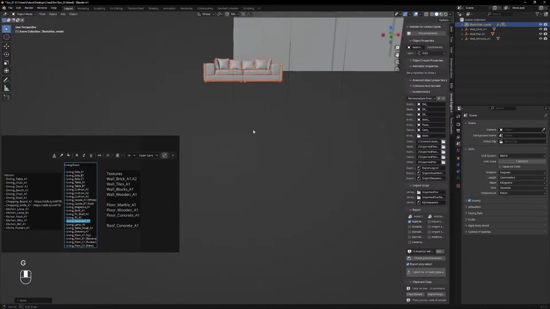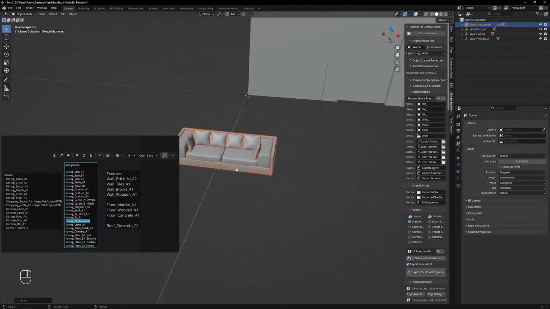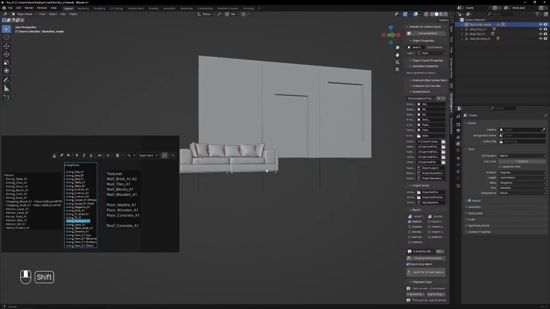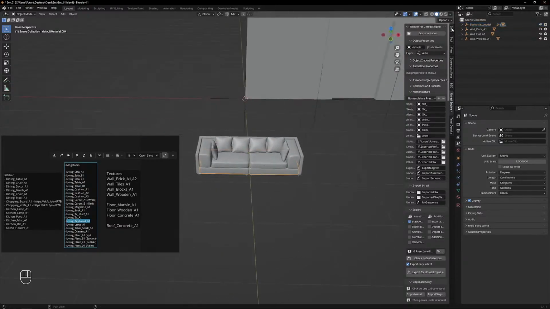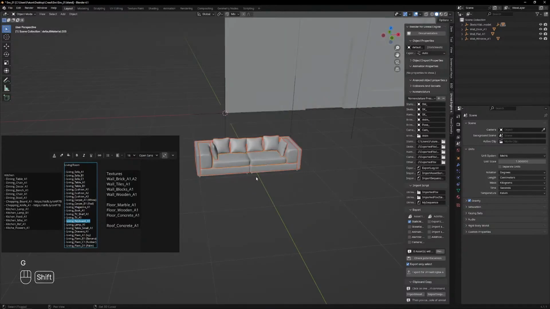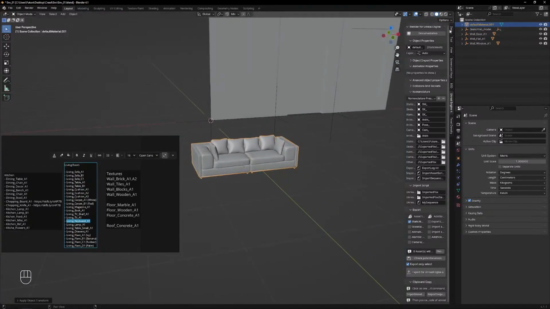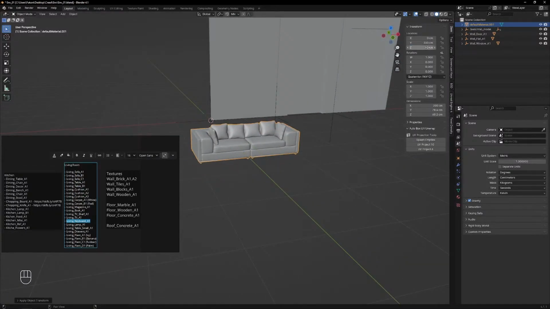I'll move it in the front, okay, and the pivot and everything is wrong. So you select all the meshes, everything there. I will join them, I will unparent them from there, and we have this pivot to bottom, apply everything, okay, and in the item move it back up and name this one sofa A1,